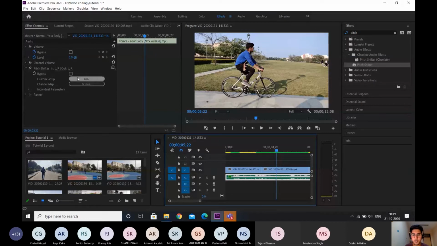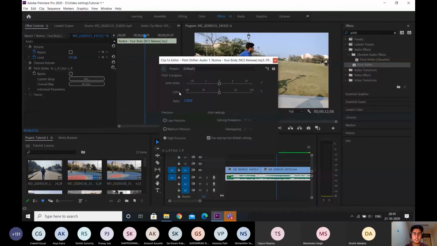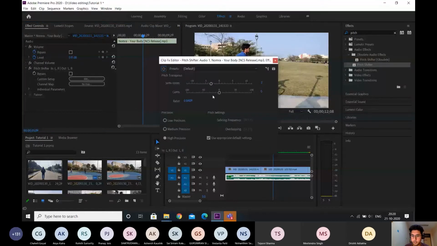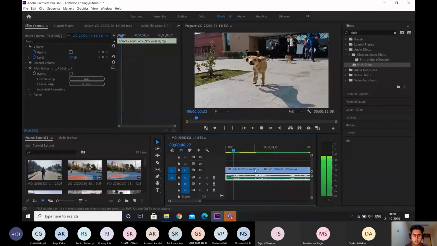The semitones and cents are actually parts of the audio clip. So I'll reduce the semitones a bit. I'll make it -3, and as soon as I do that, the audio file will become a little bit deeper. I'll try to do that a little bit more. I'll make it -5, and now if I play the audio,